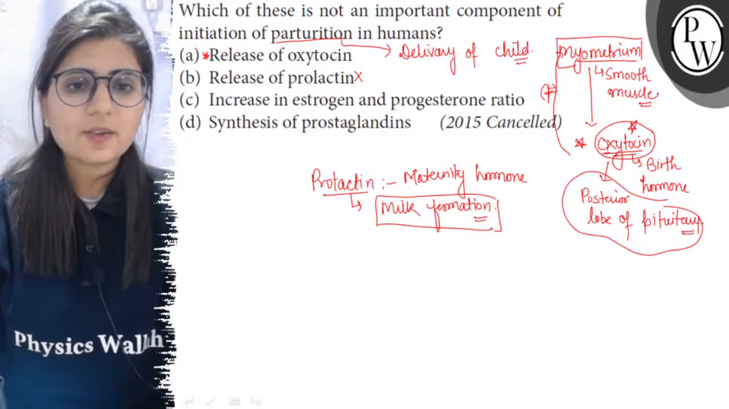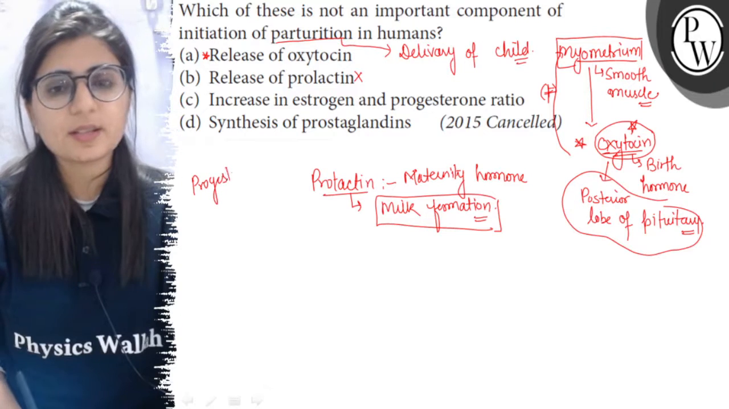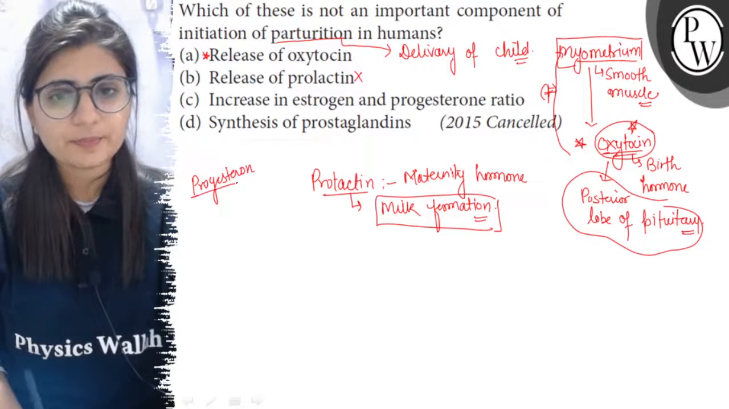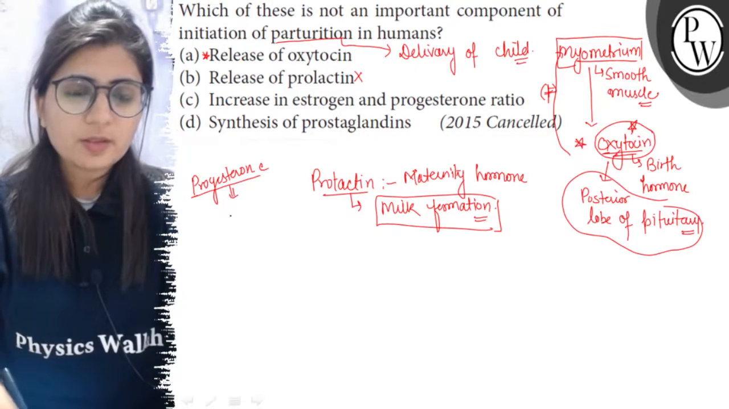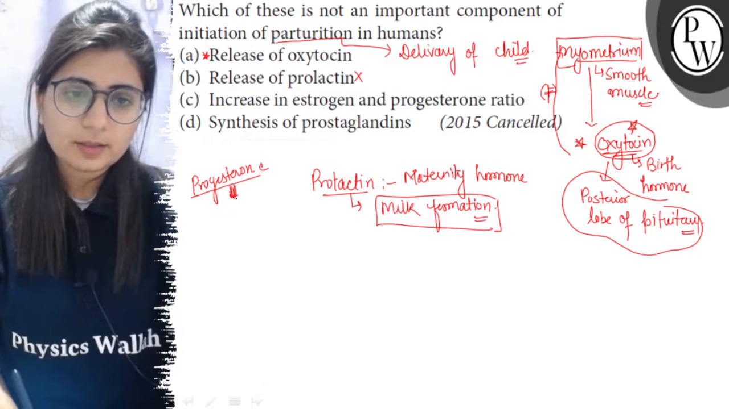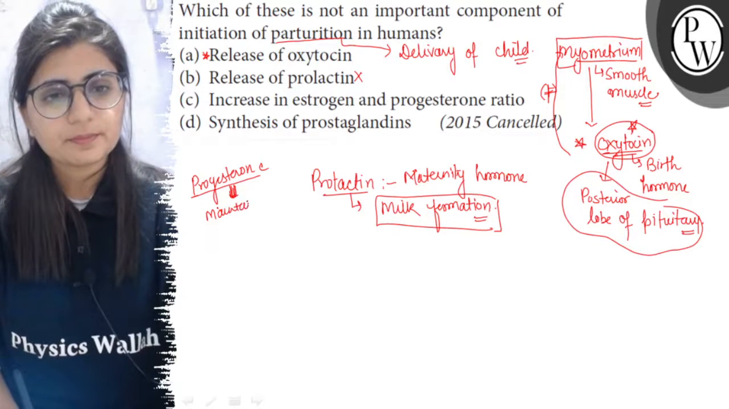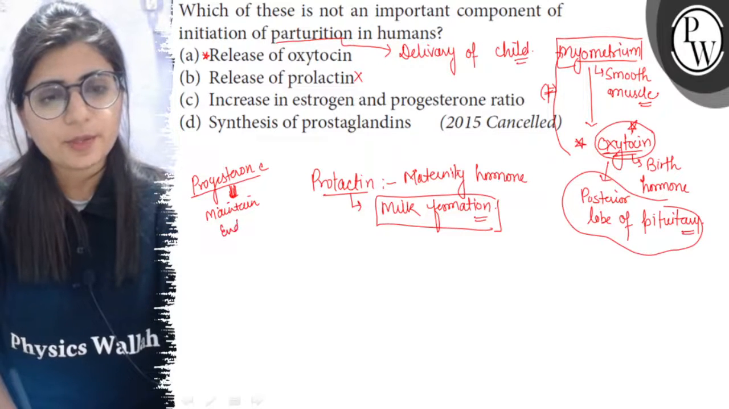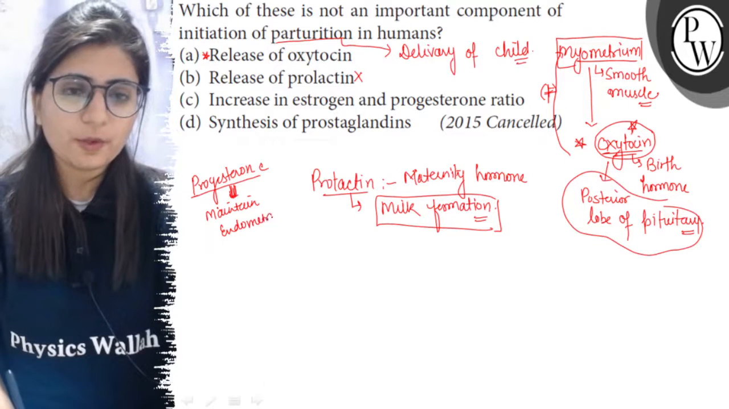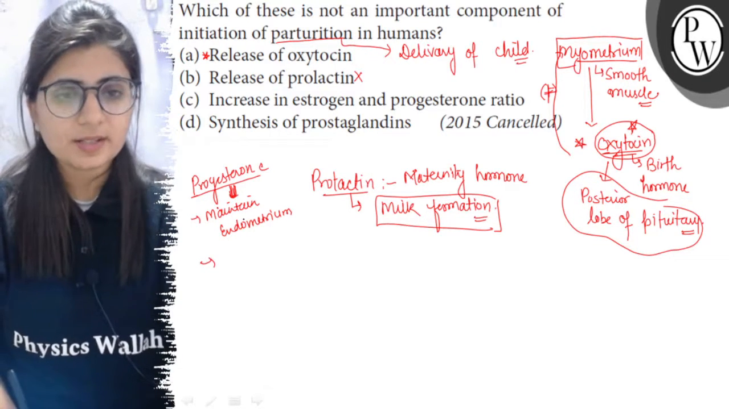Then next is increase in estrogen and progesterone ratio. So progesterone and estrogen are two steroid hormones. Progesterone is the pregnancy hormone. It maintains endometrium. So it prevents the breakdown of endometrium throughout the pregnancy, and also it is found in recent studies that